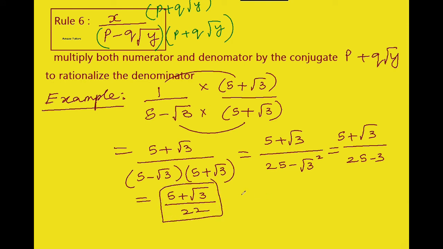That's all. We don't have any coefficient or any common factor outside. This is the final answer. We cannot simplify this further, so we leave this as the final answer. Only if there is any common factor, you are going to take that out and cancel with the denominator. But if there is no common factor, leave that as the final answer.